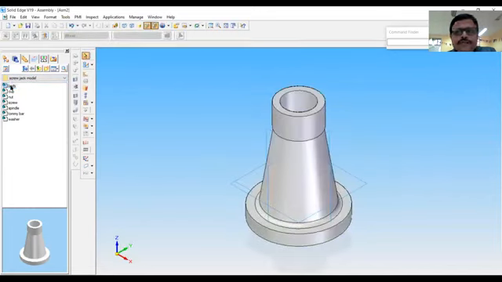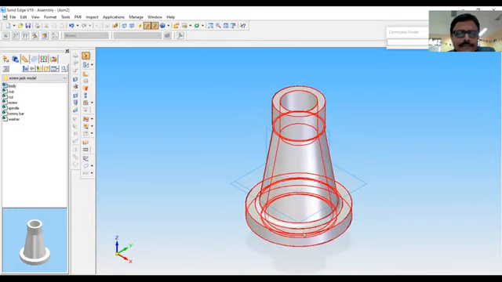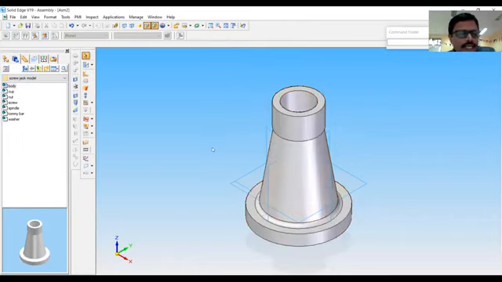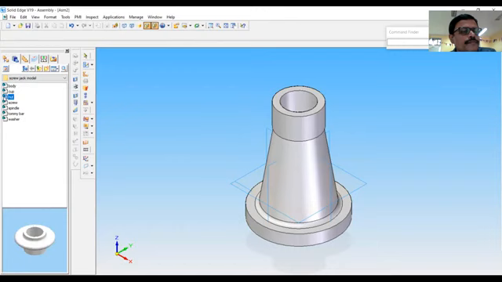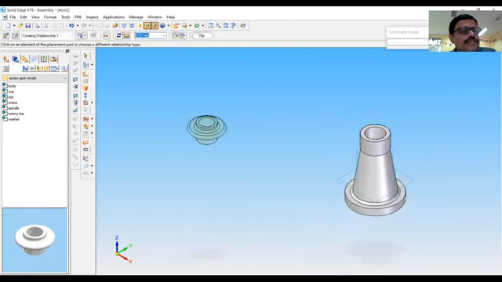Once you double click the first part, which is body of the screw jack, it is grounded. Once it is grounded, there is no need to apply any relationships. The next part is nut. Nut is obtained on the screen by double clicking it. Now apply the relationships.